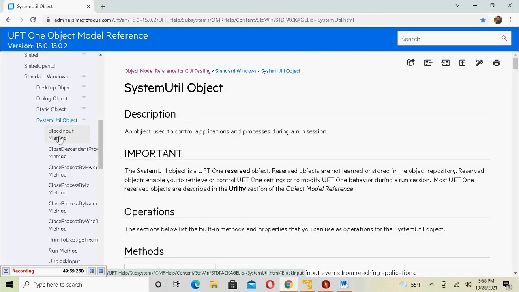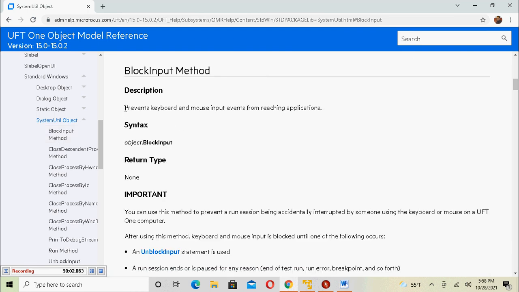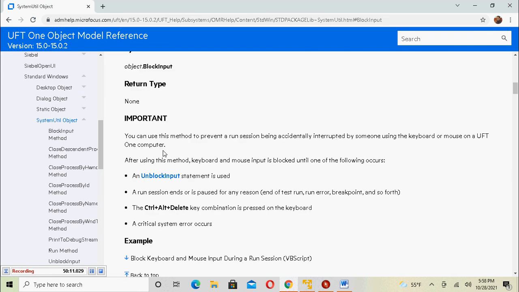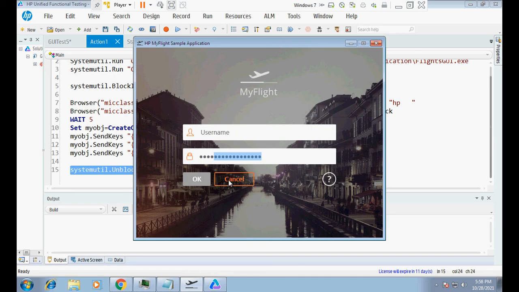If I go to the document for the BlockInput method, it says it prevents keyboard and mouse input events from reaching the application. So why is it important? You can use this method to prevent a run session from being accidentally interrupted. I accidentally entered all those numbers. I am a human. I forgot, or something happened. By mistake I entered these numbers. That shouldn't be entered. That should be blocked